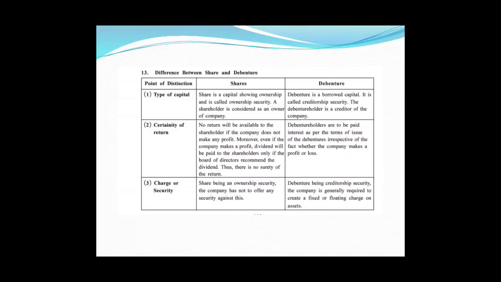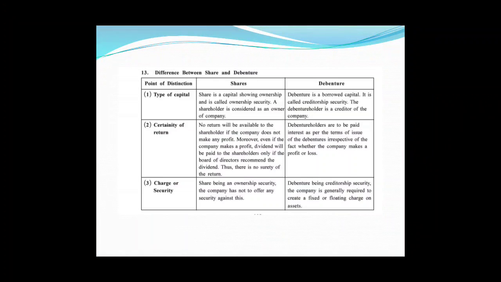Second point, certainty of return. So friends, in share there is no certainty of return. Even though there is a profit, it will be declared as dividend only if the directors recommend. So without recommendation of directors, dividend is not given whether there is profit or not. But debenture holders are to be paid interest whether there is profit or not, as it is an expense of